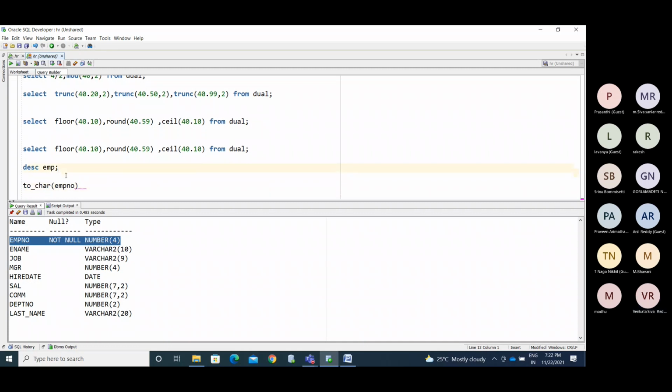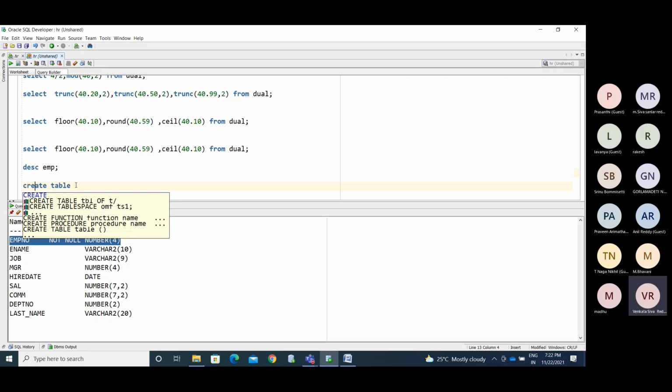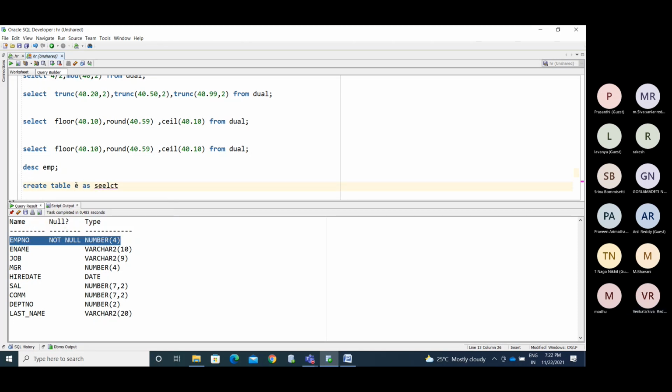Simply create a table. How can we copy the data from one table to another table? Create table E as select from EMP.